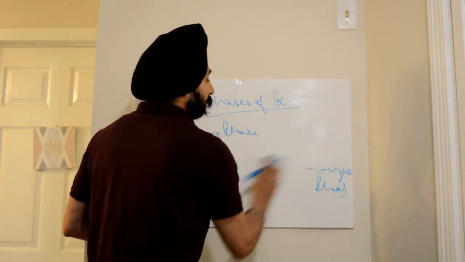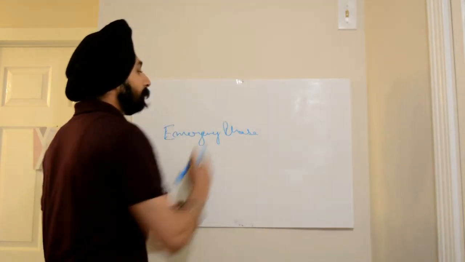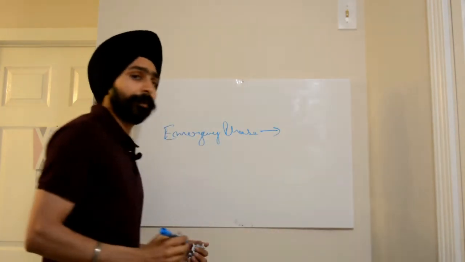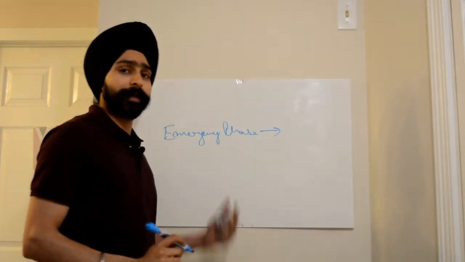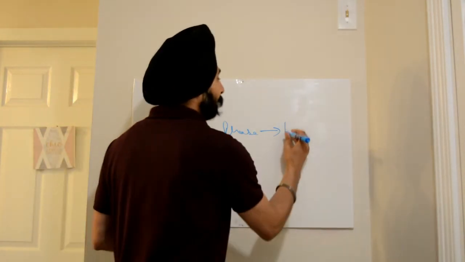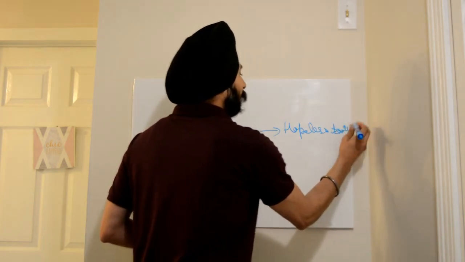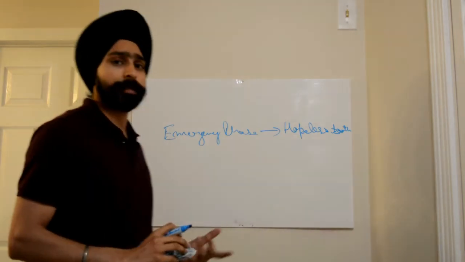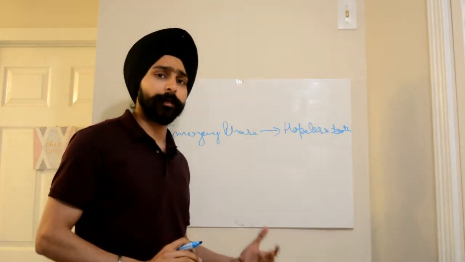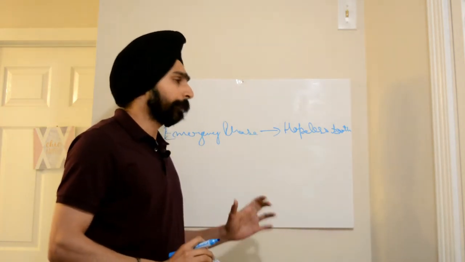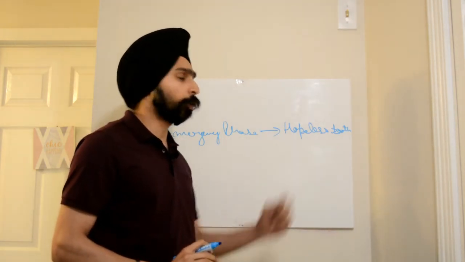First of all, the emergency phase. Emergency phase means whenever a patient is having any kind of emergency, we treat the emergency first, or if a patient is having any hopeless tooth, we extract it. Other treatments that are involved in the emergency phase are occlusal therapy, removal of carious lesions, and prescription of antibiotic therapy or antimicrobials. But as far as periodontics is concerned, we will just restrict ourselves to the hopeless teeth.